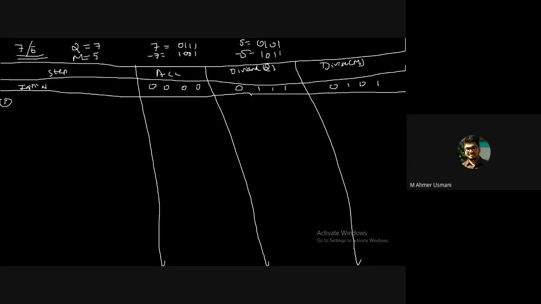Step number 1. In each step you perform a left shift, same as the previous case. You have to do the left shift. So get this. This 1 will come over here. There is a vacant place which is left. This 0 will come over here. This 0, 0, 0.